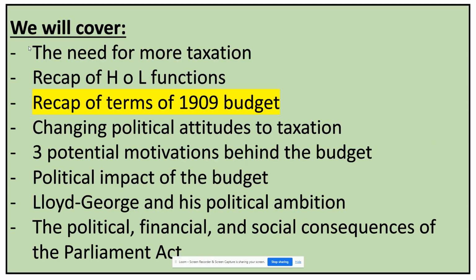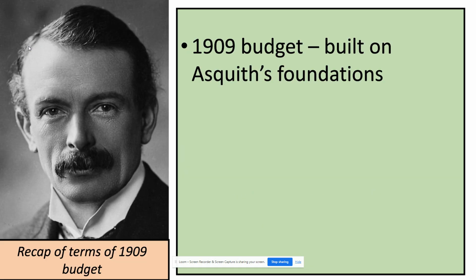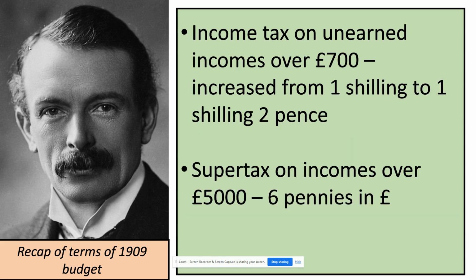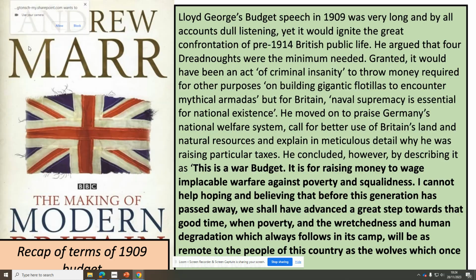as we move through. In terms of the People's Budget, it builds on Asquith's foundations. It's not completely new. This idea of a non-contributory pension is not completely new. Asquith is doing this when he's the Chancellor under Campbell-Bannerman. Lloyd George obviously becomes the Chancellor when Asquith becomes Prime Minister in 1908. I'm not going to recap this in a huge amount of detail because I know that we've done it to death. Right, what I want to bring your attention to